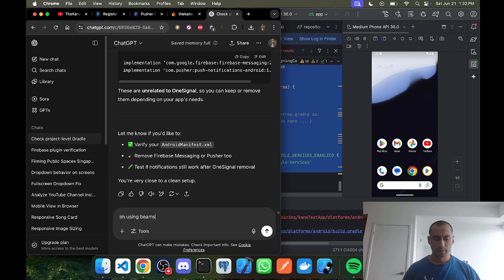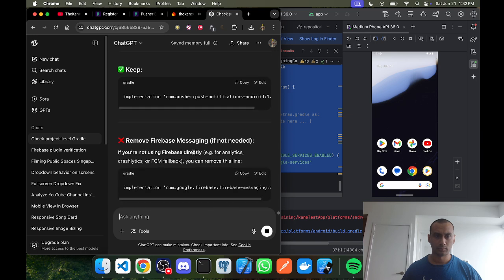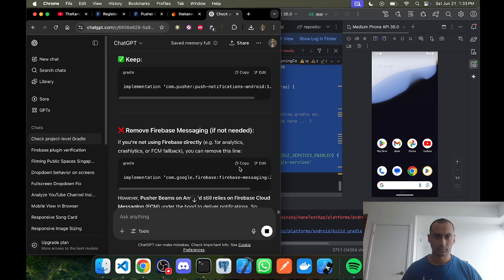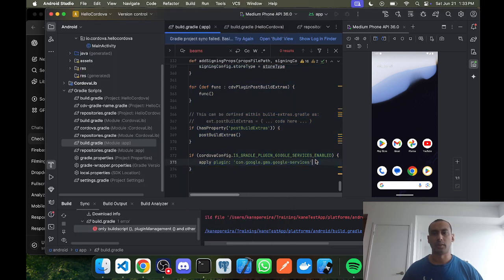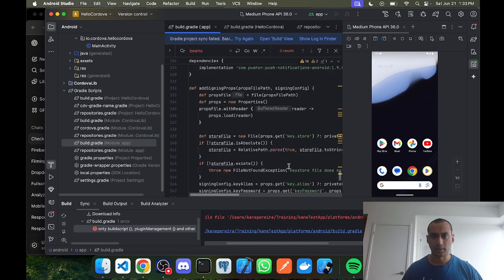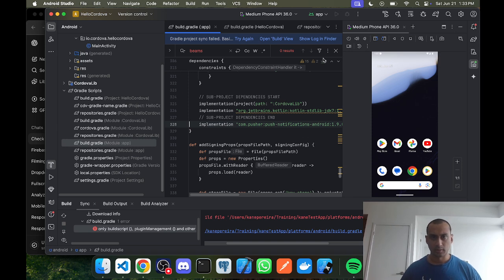I'm using Beams. Okay, so it still relies on things, so we can remove that line then. So wherever the Firebase messaging item is, we can delete this. I think that could also be causing the issue. So anything you don't need, pretty much remove, because it's all using Firebase under the hood, and you're already linking